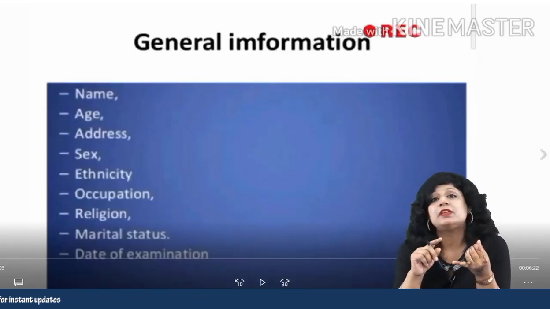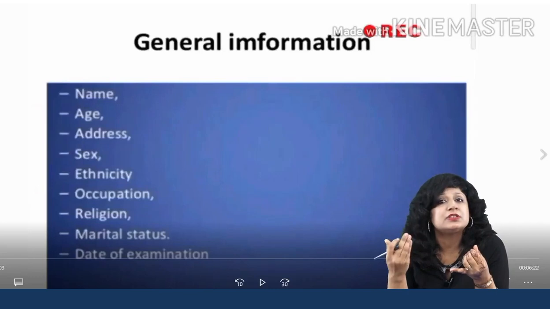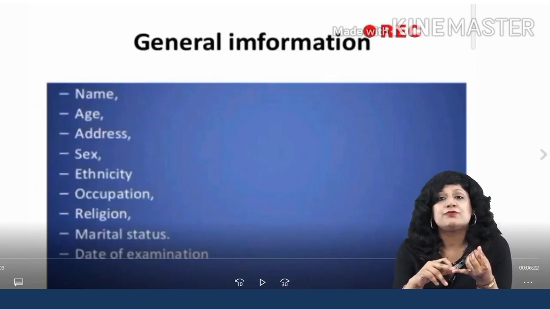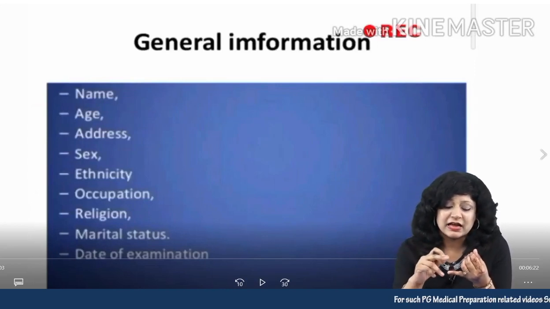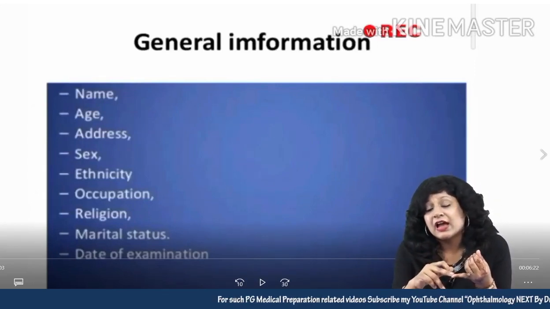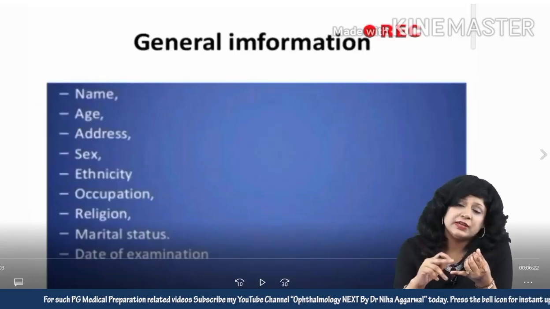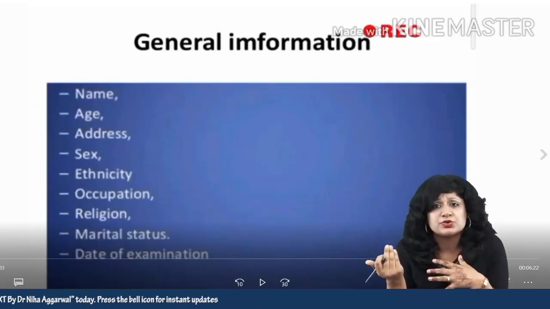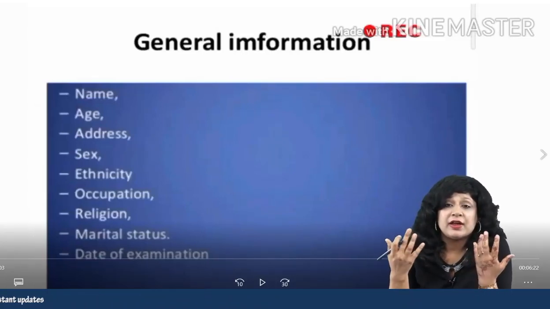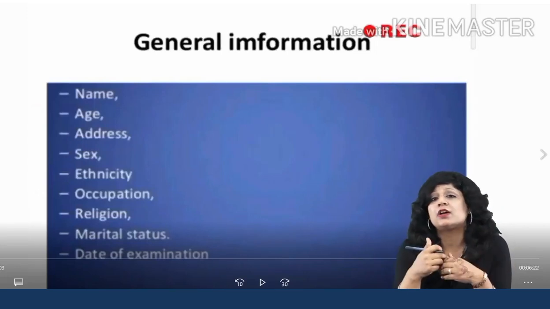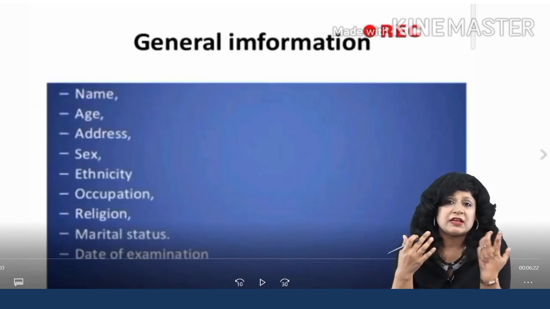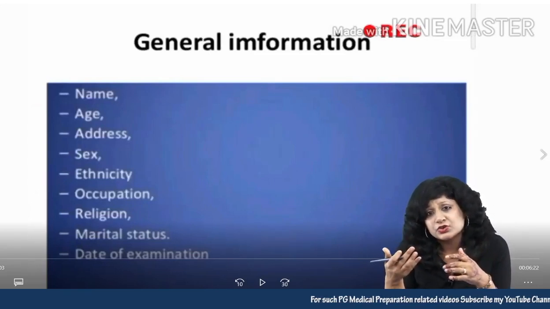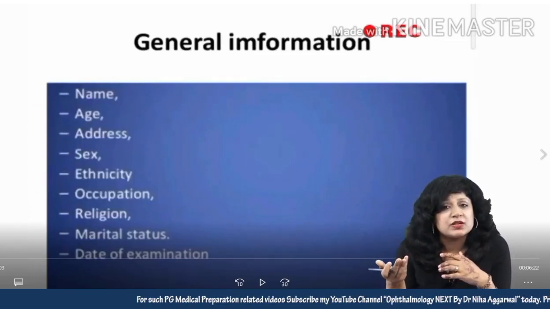Now after you have gone for the ethnicity, then you have to look for the occupation of the patient. There are so many occupational hazards. If I talk about ophthalmology, cataract is very common, and cataract can occur from so many occupational hazards. We can have iron foreign body, nickel exposure, mercurial exposure. Then we can have welding arcs. Those who are working at welding arcs can have exposure to ultraviolet radiations. We can have exposure to infrared radiations, and they can develop glass blowers cataract.